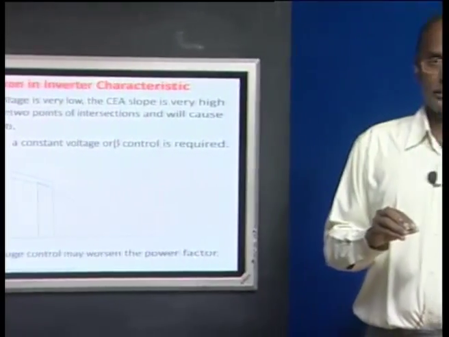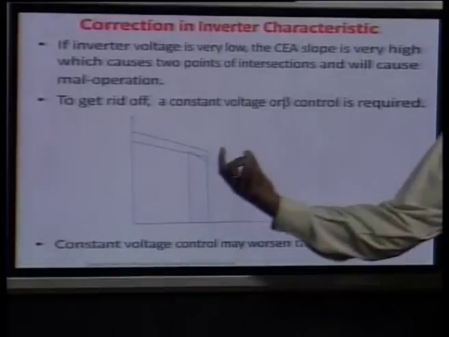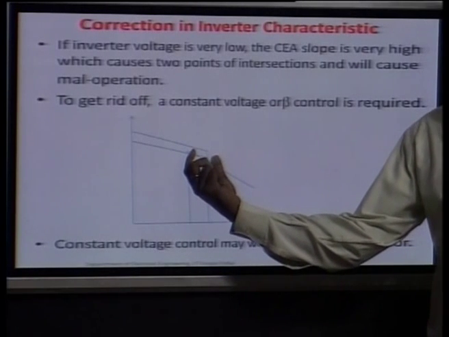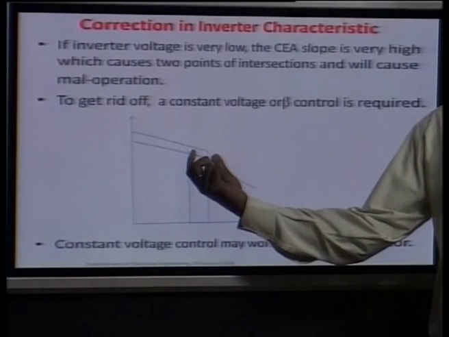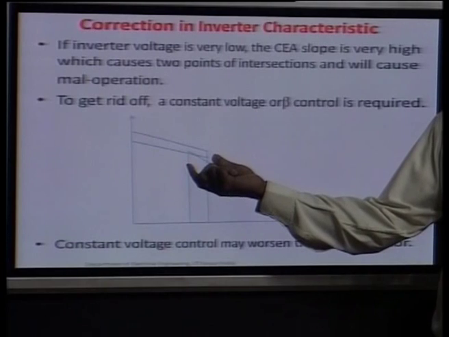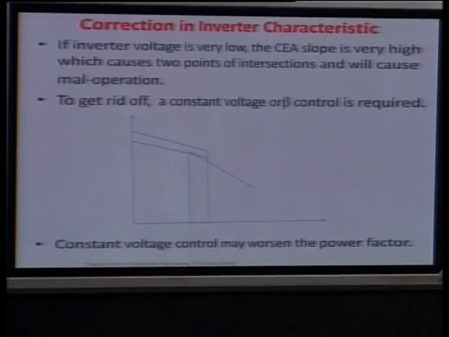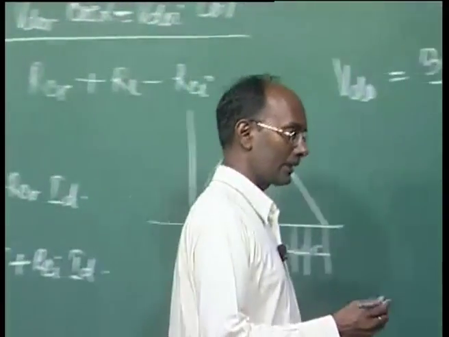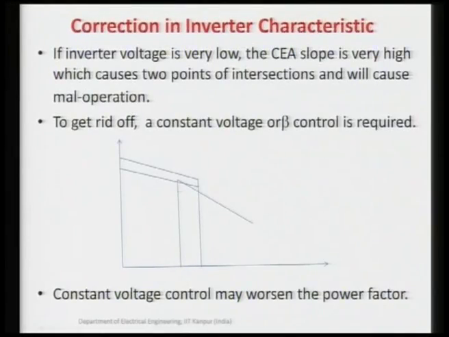There are two possibilities here because we have to shift the characteristic only in this period. It is possible that we can have constant voltage, or we can go for something else. Now you can see what we can have on this axis. If this is your characteristic, we can have a constant voltage control here. This is constant voltage because here VD is constant. We can achieve this.